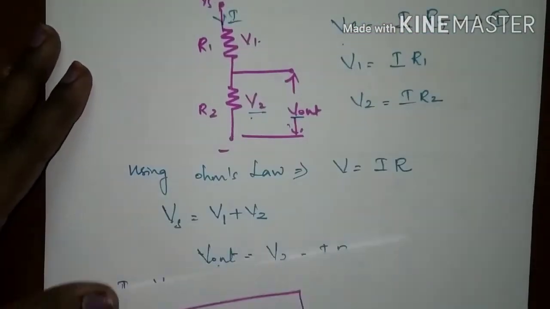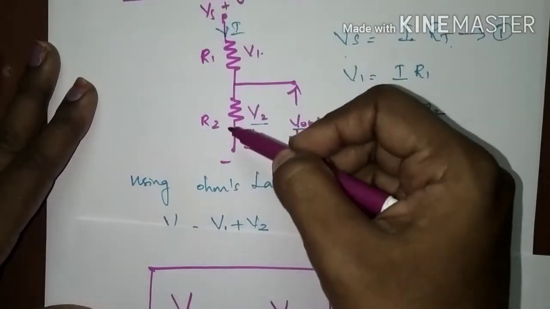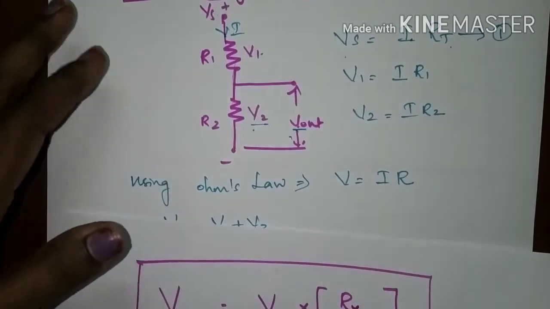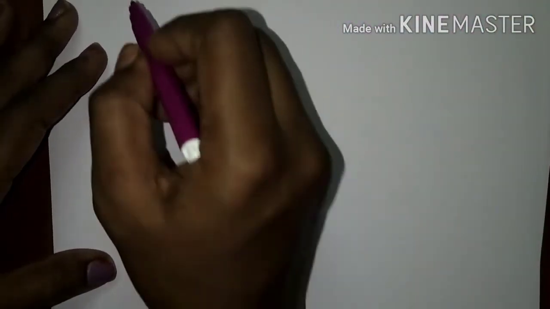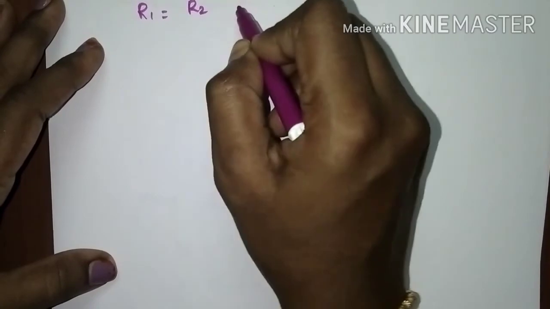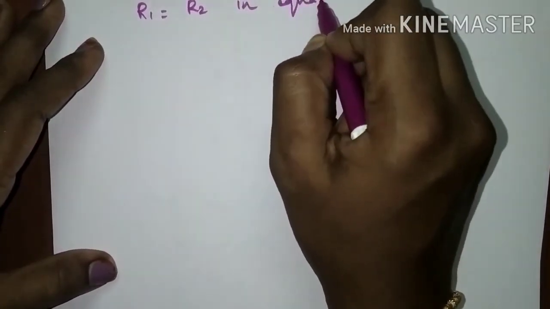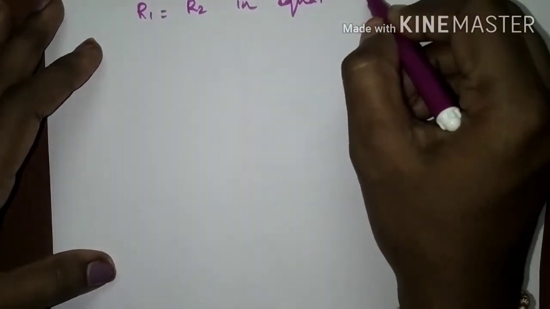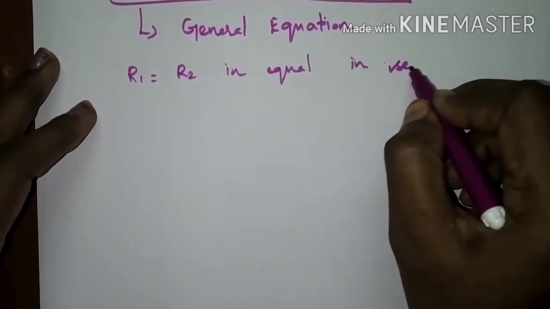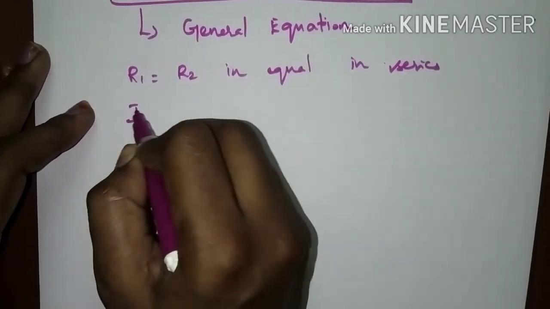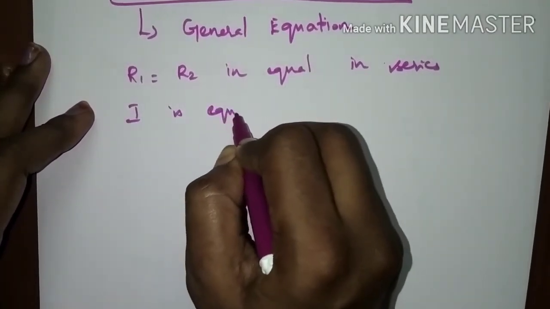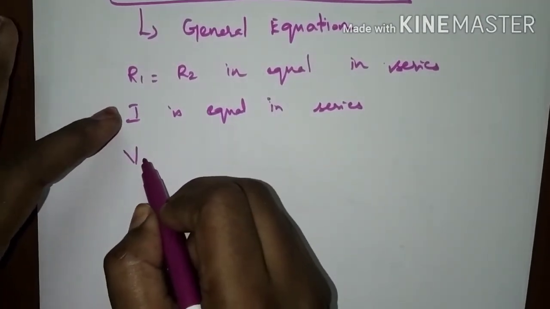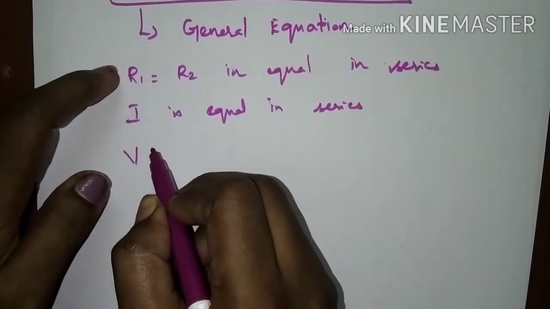In this circuit, R1 and R2 have different values. Assume R1 and R2 are equal. In that case, in a series circuit, the voltage drop would be even. We have already discussed that current is the same in a series circuit. It flows equally, but the voltage would differ, right? The supply voltage would be equal to the sum of the drops across the circuit.